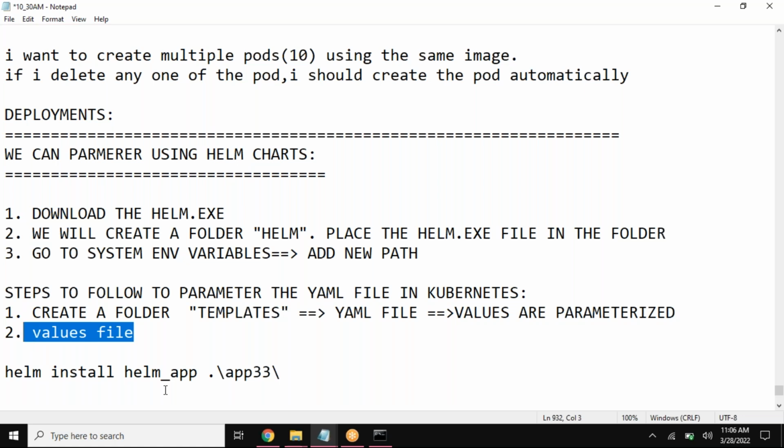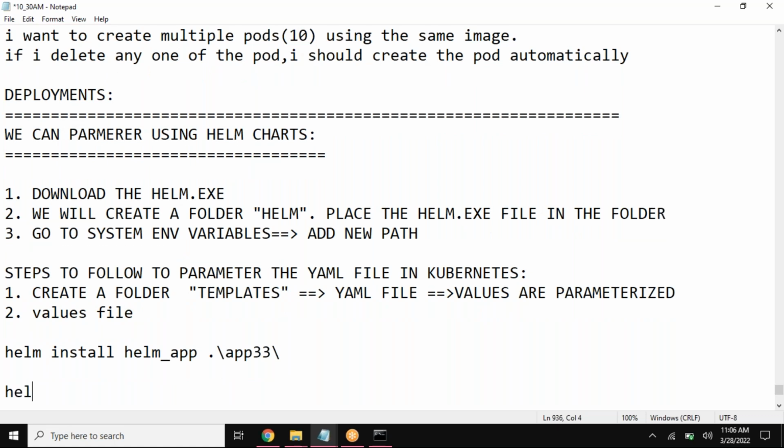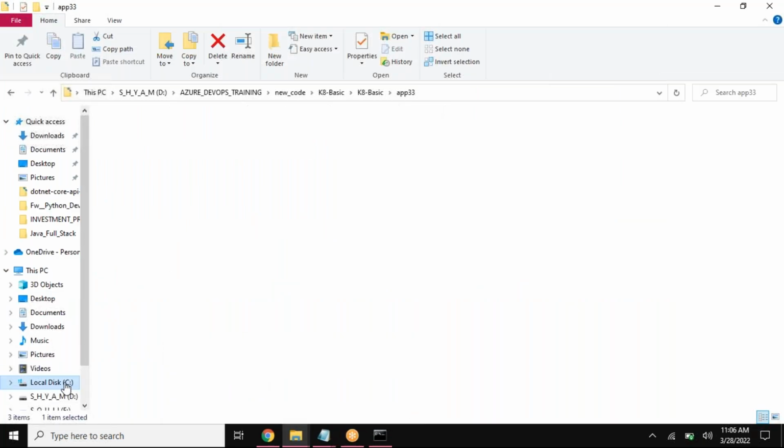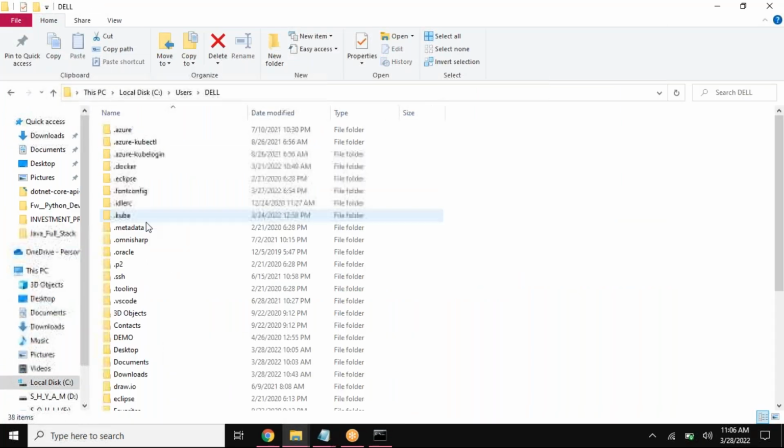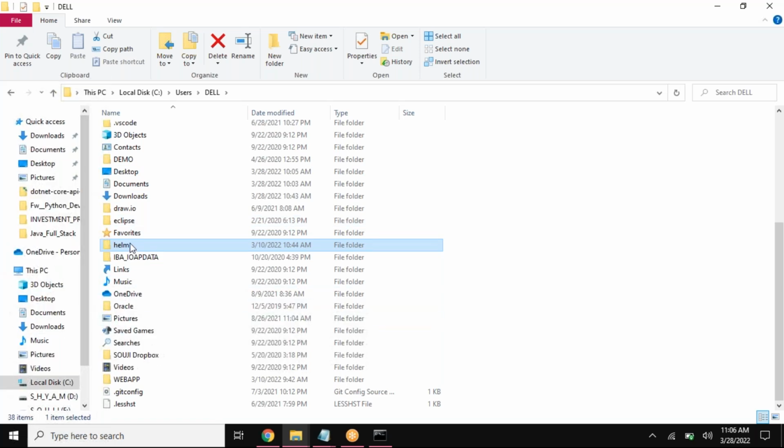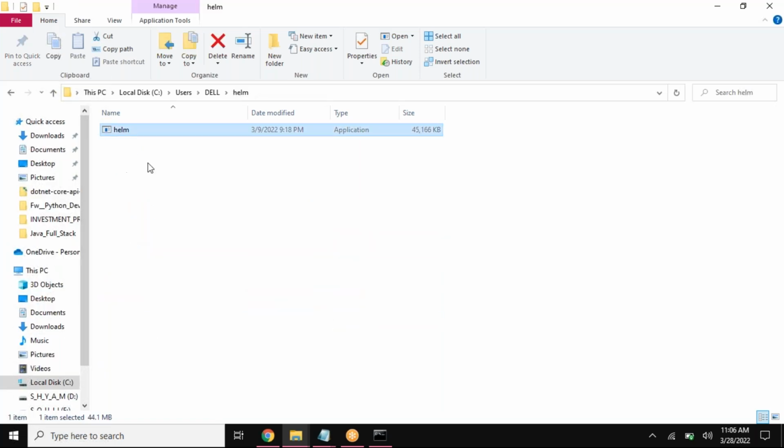So it starts running. But wherever you have your Helm running, you should have your helm.exe file for sure. It's not like we have placed the things in the C drive, within my users, within my Dell, within my Helm folder. Whatever you're running within your D drive would run successfully, so what you have to do is copy